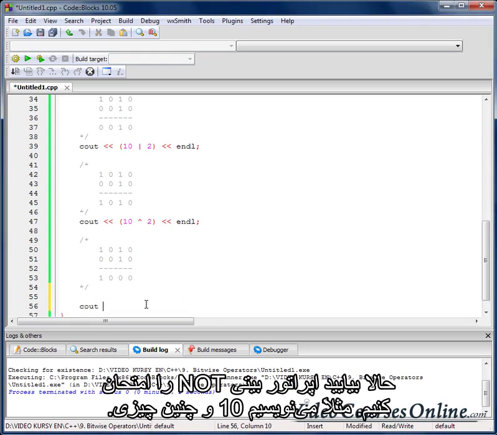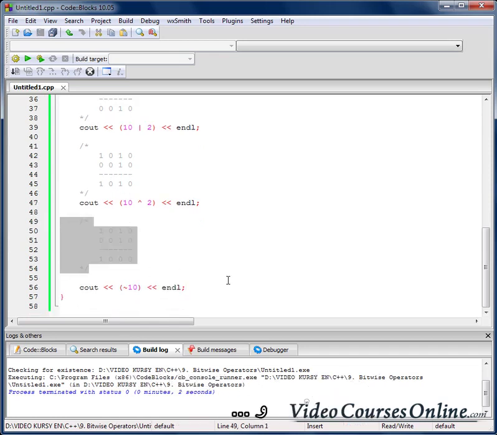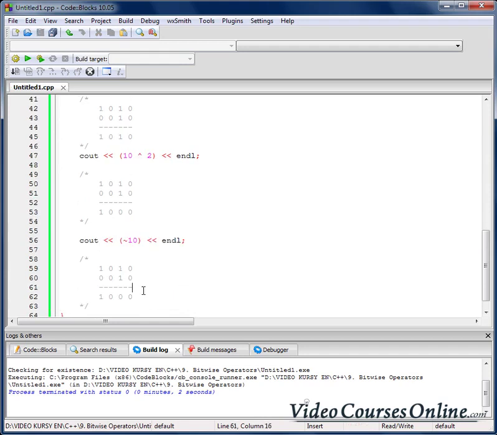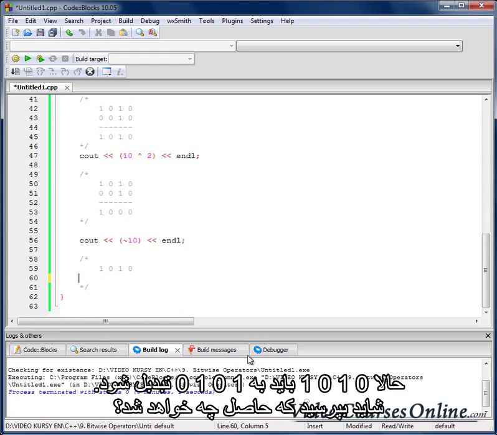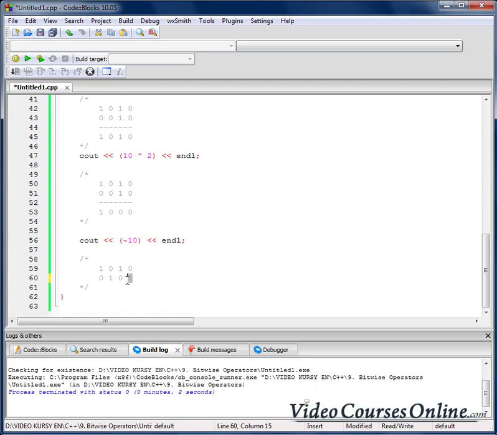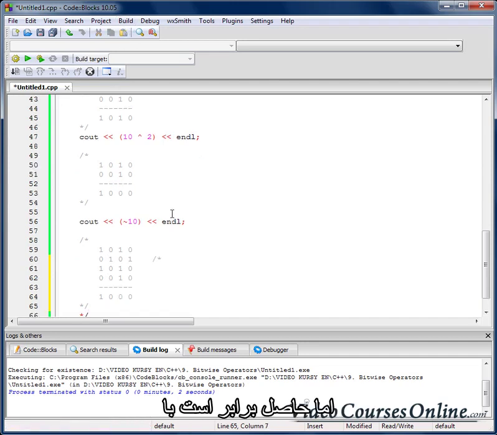Now let's check the negation, the bitwise NOT operator. For example, let's do 10 and now something like that. 1010 should change to 0101. And you might be thinking that the result is what? 1 plus 4 is 5. But the result is